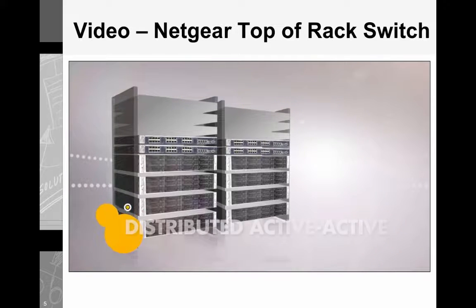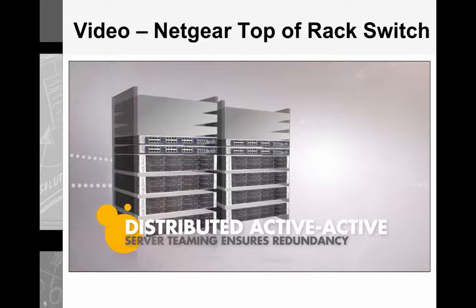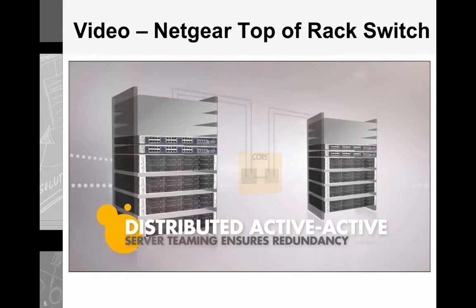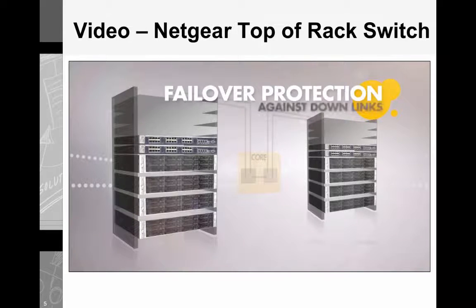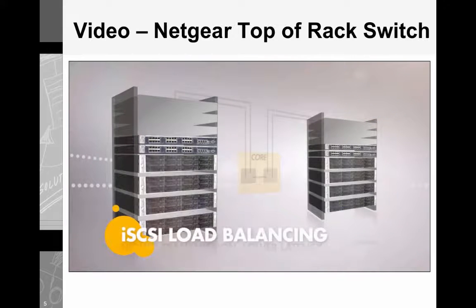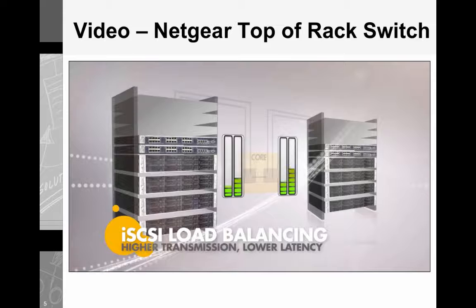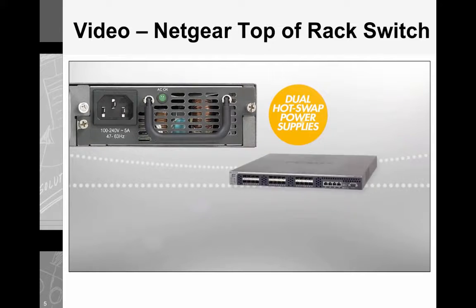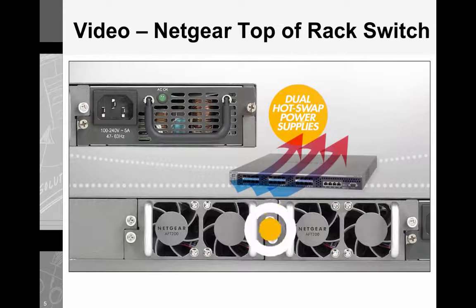Also, active-active server teaming can be distributed across two stacked switches, ensuring physical redundancy for the server while it is connected to the same logical switch. LACP support also provides failover protection if one physical link goes down, while iSCSI traffic load balancing ensures greater transmission throughput with lower latency. With hot swap dual power supplies, front-to-back air cooling, and two replaceable fan trays,